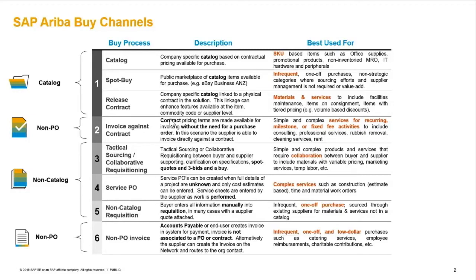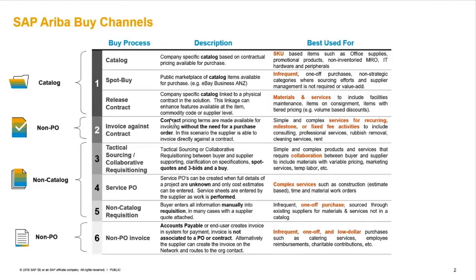The 7th channel that you don't see on the list is for direct procurement. So anything spent in supply chain, in direct procurement, manufacturing, in the ERP, and then sent to the suppliers. That's the 7th channel. So we're going to focus on the 6 channels that can be used within Ariba buying